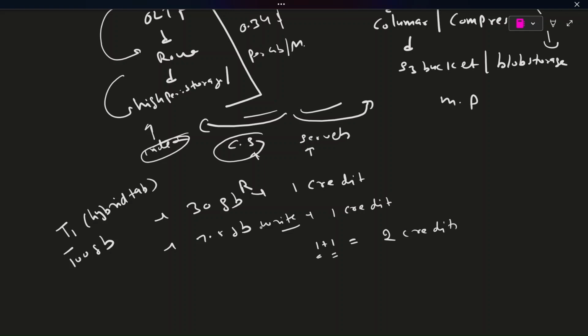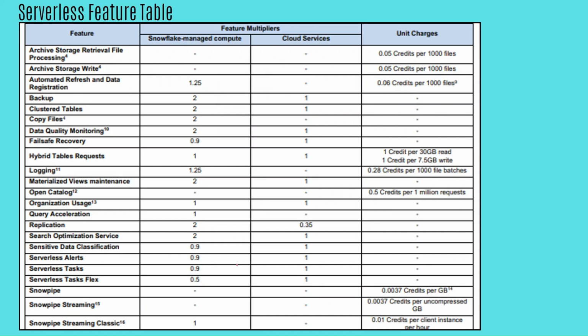Got it? Now let's say these are Snowflake managed compute, right? Snowflake managed compute. You can see here Snowflake managed compute, and this is cloud service. Got it? Now let's say for doing these operations,